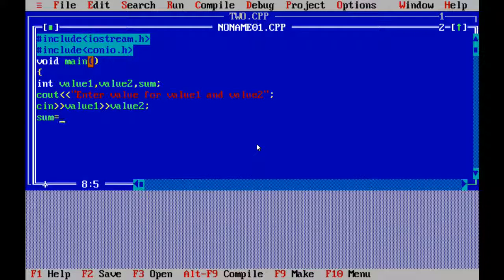Now the formula statement: sum is equal to value 1 plus value 2, semicolon. The value 1 and value 2 will be calculated and assigned to sum. Now the cout statement: the sum of two numbers is, double quotes close, cascading of output operator sum. Here the value of sum will be printed and the double quotes part will be printed as it is, semicolon,